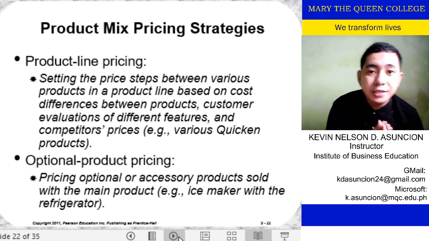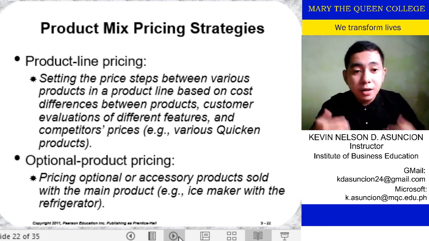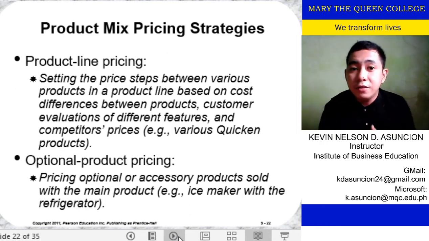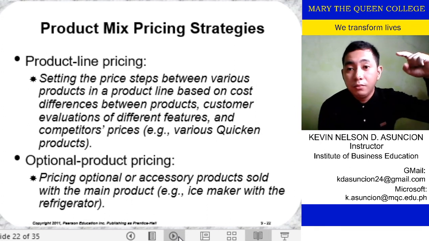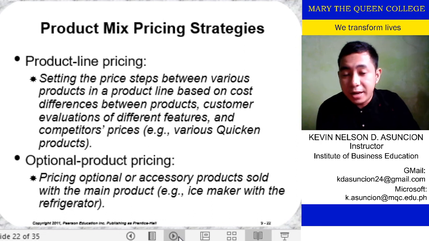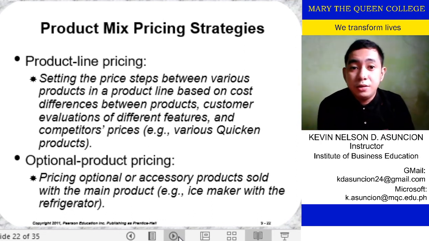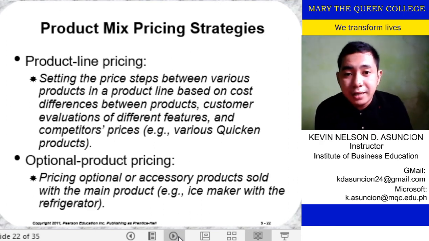So setting the price steps between various products in a product line based on cost differences between products and customer evaluation of different features, para magkaroon ng value and also alternative yung tao, no? Kasi nga kung nagtaas na ng presyo yung pinaka-highlight na product mo, of course dapat merong sumalo dun sa demand para sa mas mababang presyo o mas ibang features, no? So you also have optional product pricing, pricing optional or